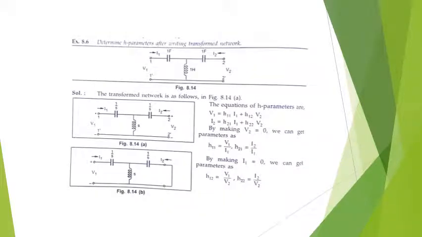So another network we have tried to solve here, where we are finding out the H parameters, the hybrid parameters. So this network which is there having capacitance of 1 farad and inductance of 1 henry is here. I am first transforming it into the S domain. So when I do that, we will have 1 upon S impedance in this branch, 1 upon S impedance in this branch, and here you will have the impedance of S.